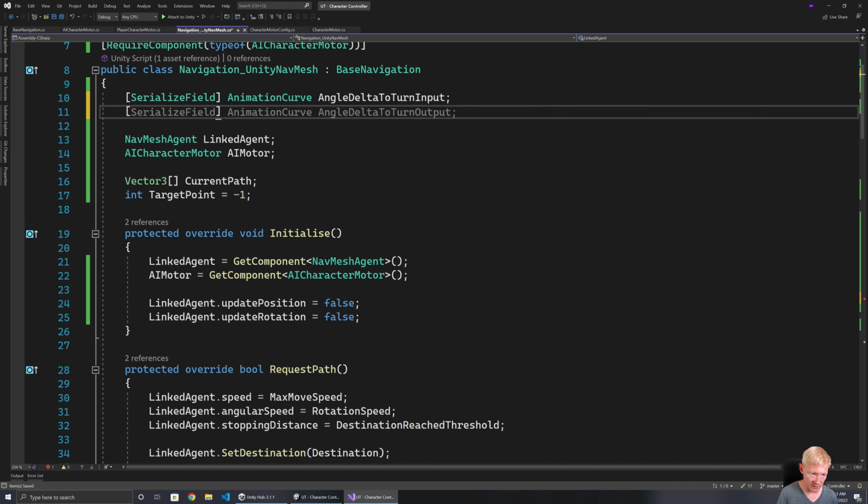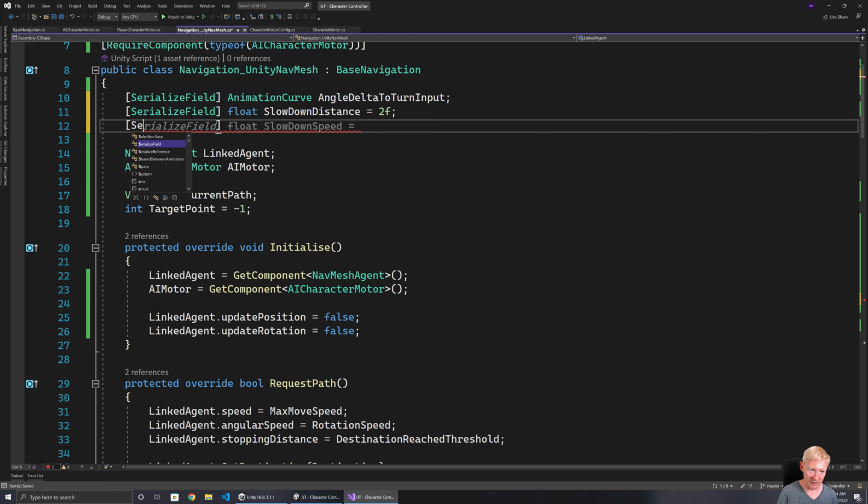So I want to have another thing that controls the range in which we start to slow down. So slow down distance. I think as soon as we get within 2 meters, we can start to slow down. And then we can have an animation curve,